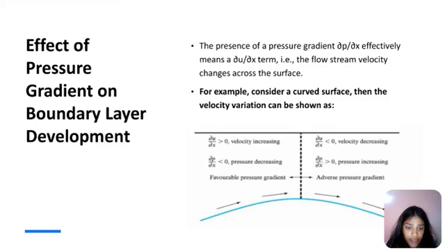See, if dou u by dou x is greater than 0, velocity is increasing, and dou p by dou x less than 0, pressure decreasing. Then if dou u by dou x is less than 0, velocity is decreasing, and dou p by dou x greater than 0, pressure increasing, which is an adverse pressure gradient. Next we move on to